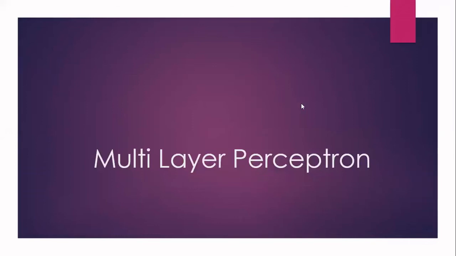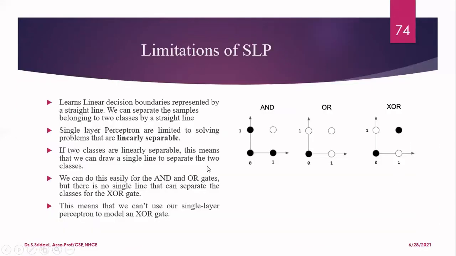In this class, we'll see about multilayer perceptron. If you consider the single perceptron, we have certain limitations. It is working well for the OR gate. And in the previous class, we have seen the AND gate also. There we assumed the perfect weight. We have not learned anything, but it is working well for the AND gate also.